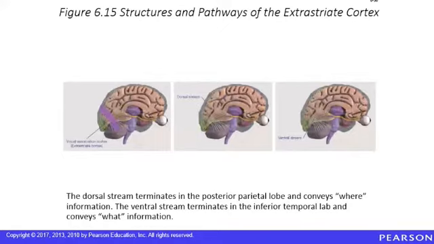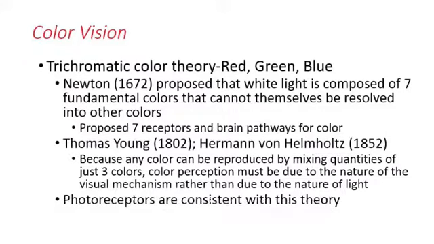Just a different visualization of it. Color vision is especially interesting, and trying to explain why we see and how we see different colors is quite interesting. The trichromatic color theory was proposed by Newton, Isaac Newton, and initially he proposed that white light is composed of 7 fundamental colors that cannot themselves be resolved into other